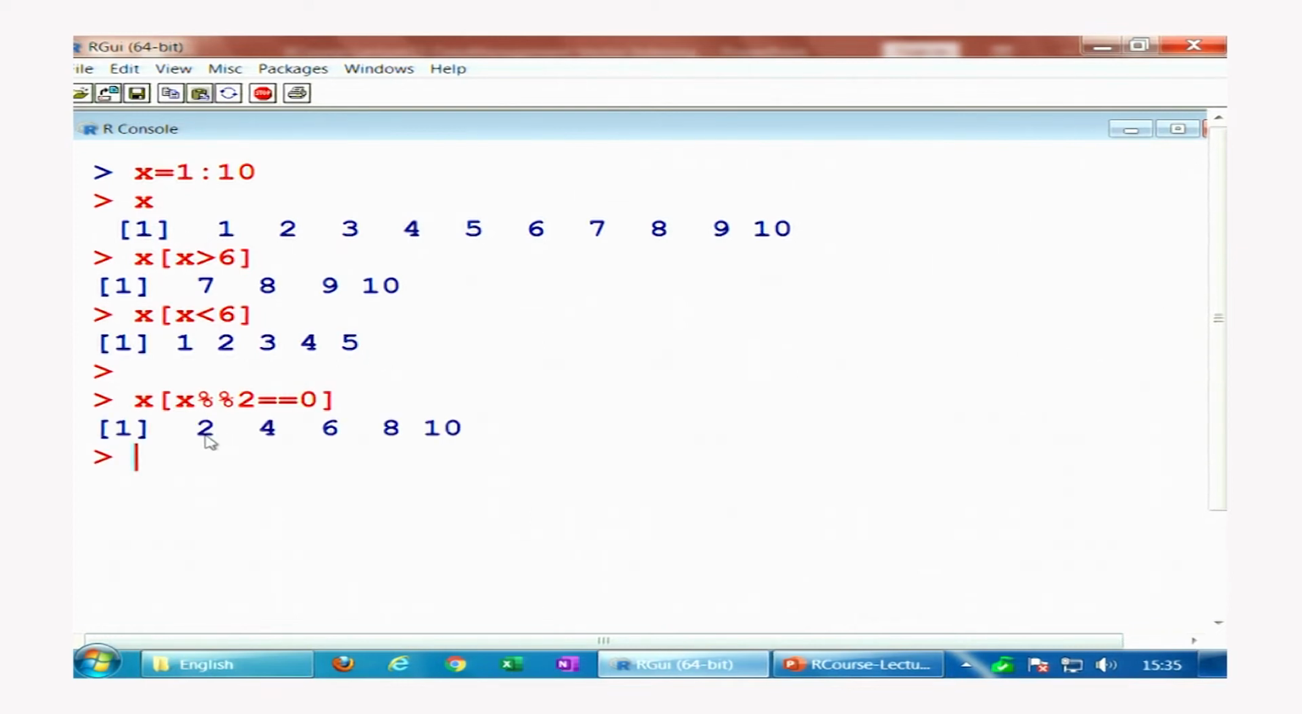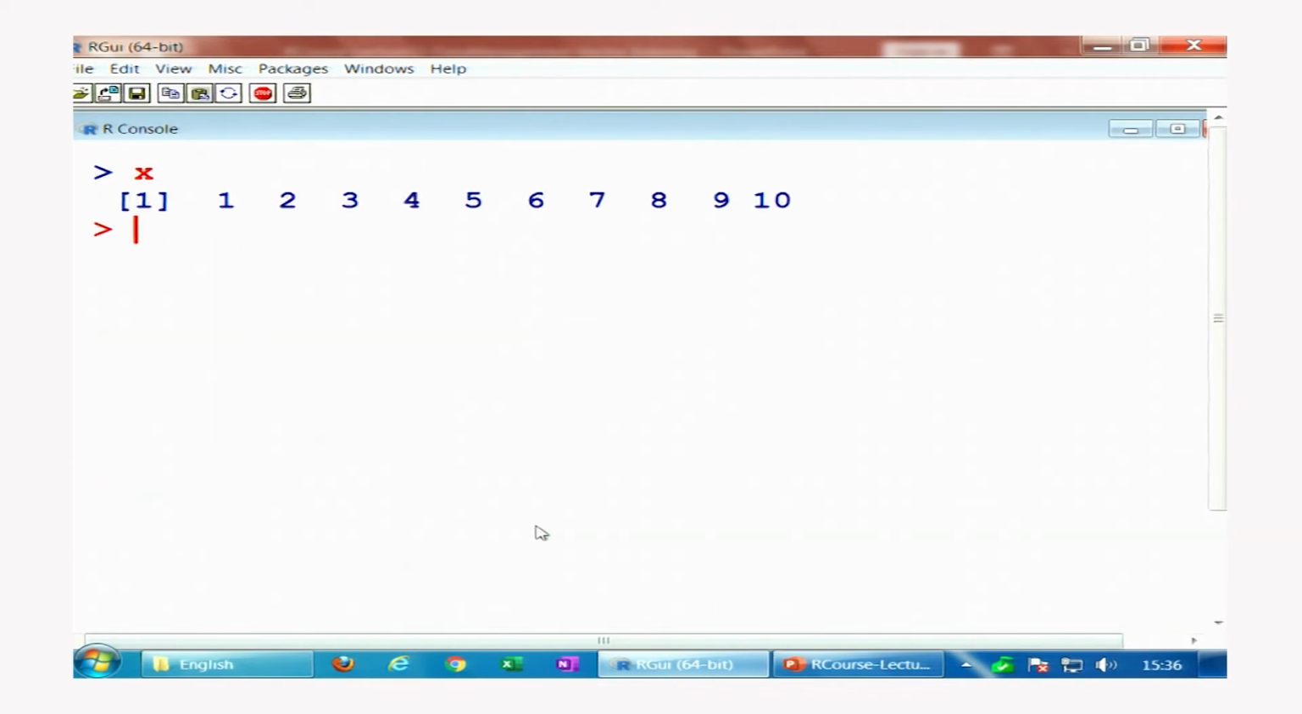So, all those values when divided by 2, if they are giving the remainder 0, that means the number is even. And similarly, if you want to know what are the odd values, you can have the modulo division with 2 and try to see where the remainder is 1, and these are the values 1, 3, 5, 7, 9. Right. And now, this is your x, and if you want to access any particular value,